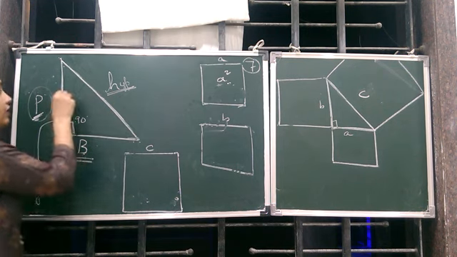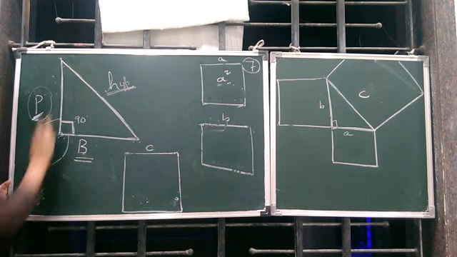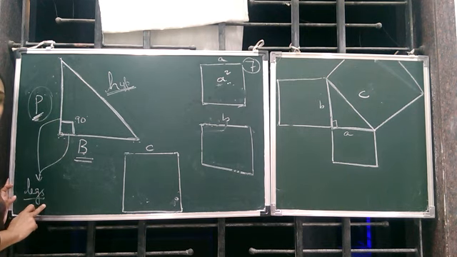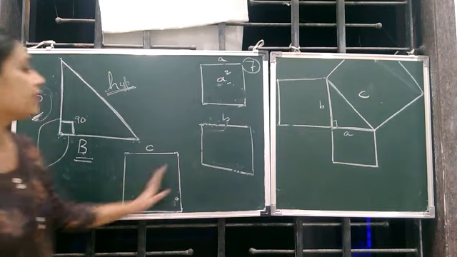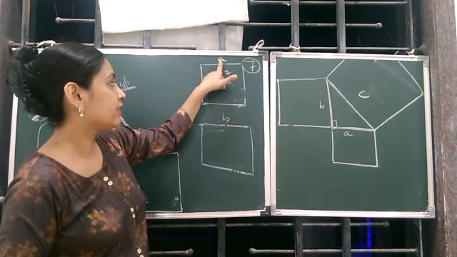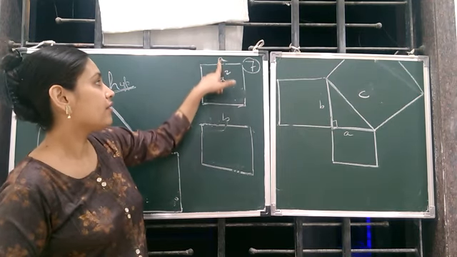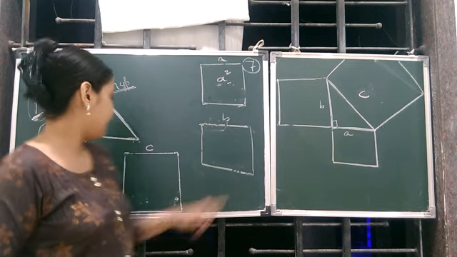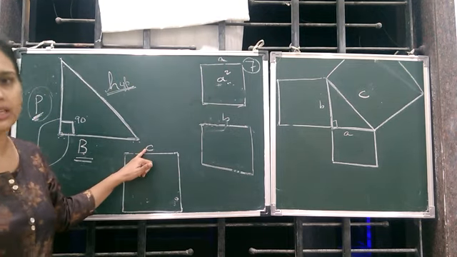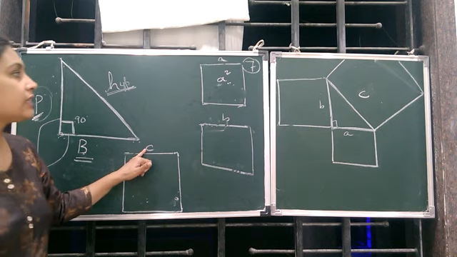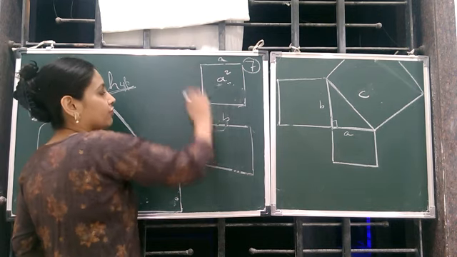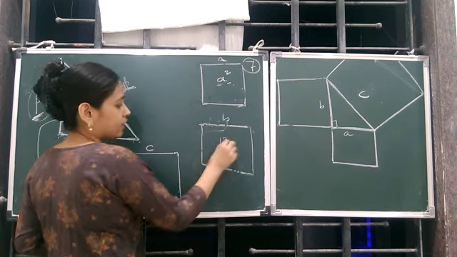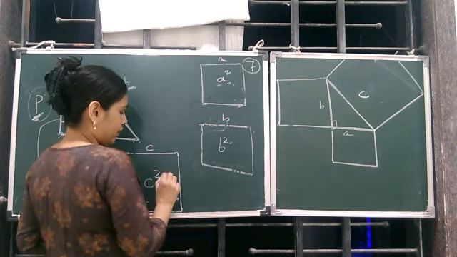Now, children, this can also be known as legs. These two, the perpendicular and the base, are also known as legs. Now, I have made three squares. Square number 1, whose each side is A, square number 2, whose each side is B, and each side you can see as C. Now, if I find the area of this square, it will be A square, and here side into side B square, and here side into side C square.